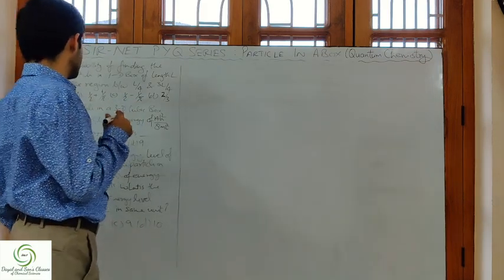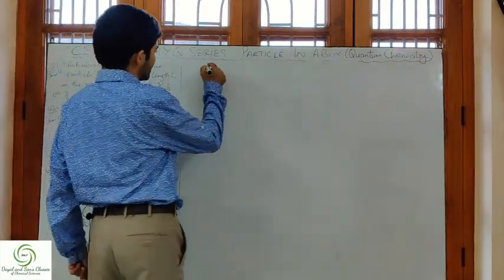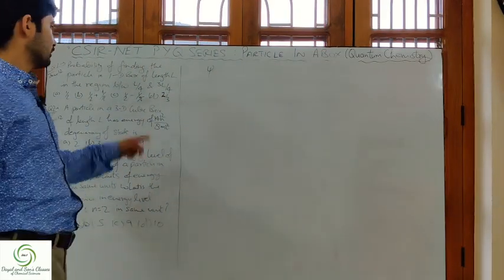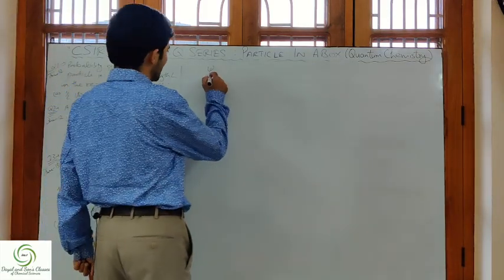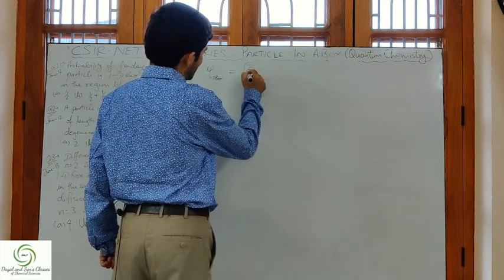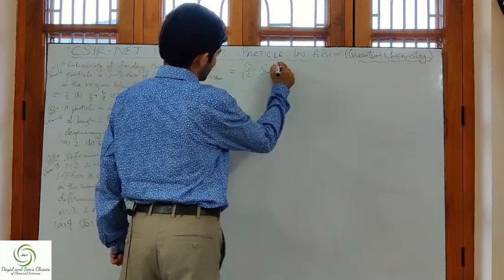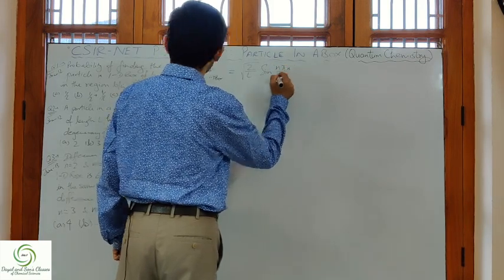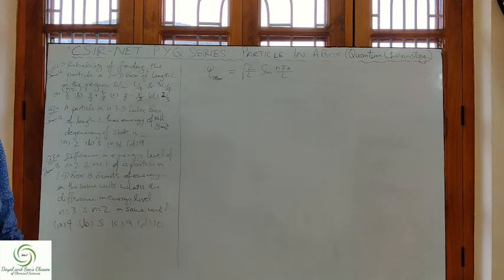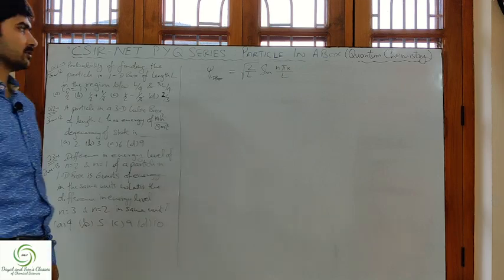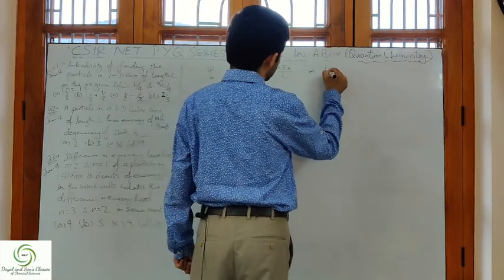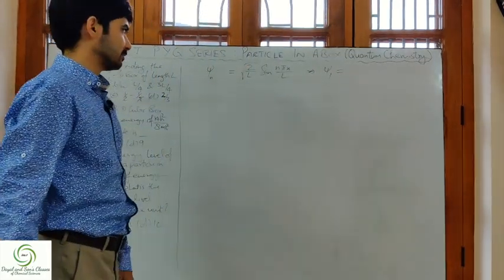In order to solve this, let us first check what is the wave function psi for a particle in a 1D box. Psi for a 1D box is given as under root 2 by L sine of n pi x upon L. In this question we were also given that n is equal to 1. We have to take the principal quantum number n equal to 1. So for n equal to 1, psi will be equal to